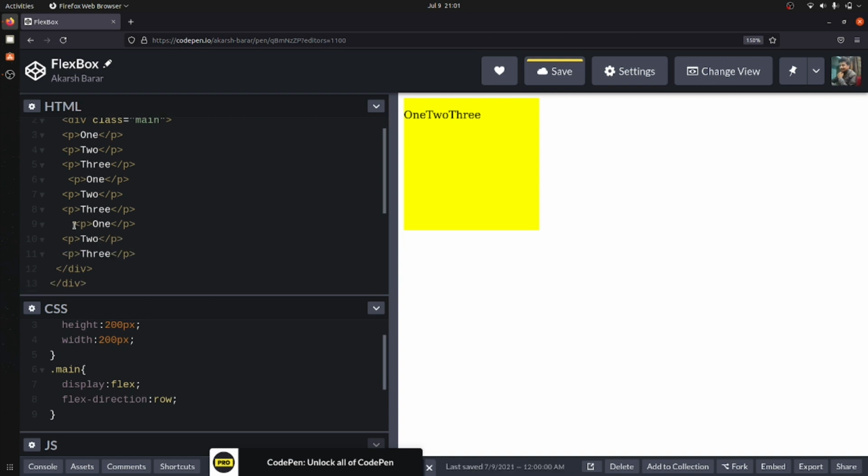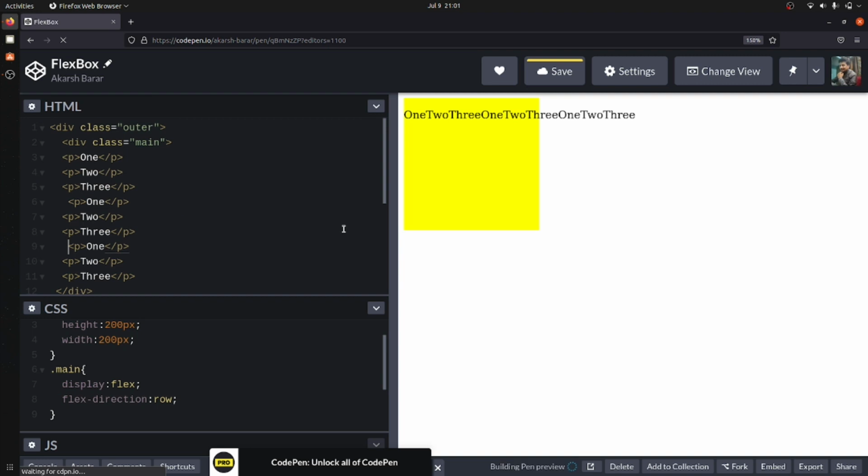Okay, so now what you will see is that the text has gone outside of this box. In order to fix this, I will put it inside the outer box.